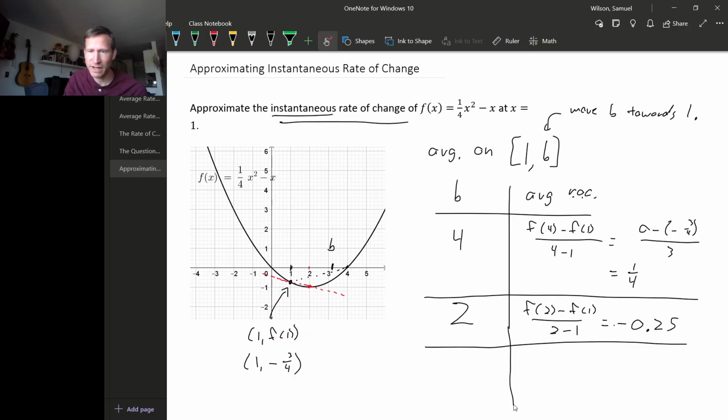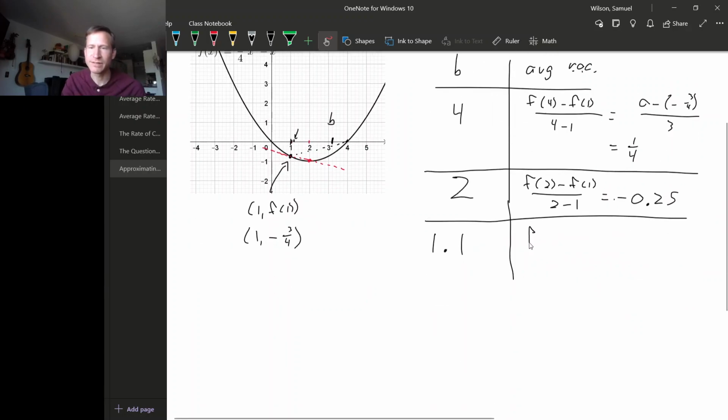make our b value, how about 1.1? Let's cut to the chase and make b and 1 very close. So now we're moving b all the way over to here. So this is going to be f of 1.1 minus f of 1 over 1.1 minus 1. And you see what's happening here with this